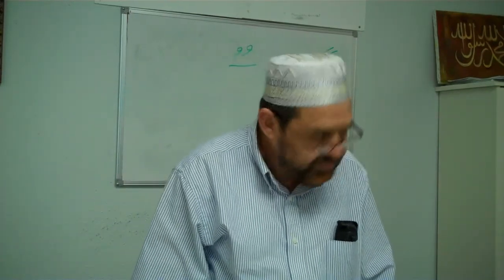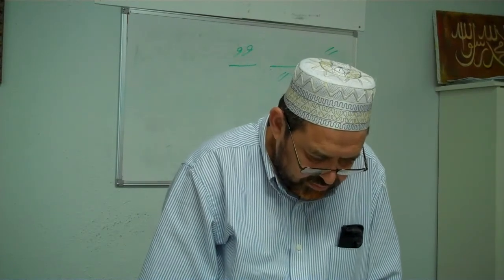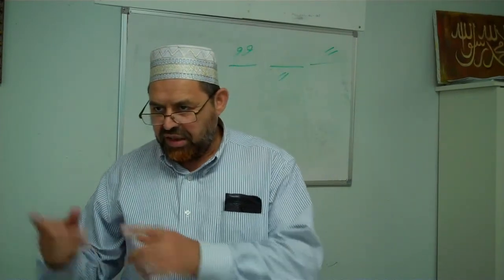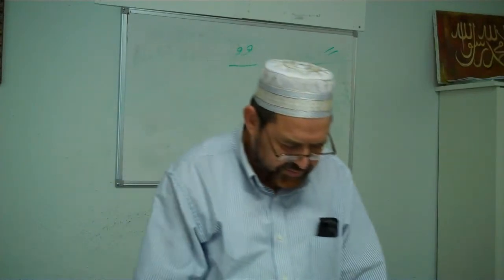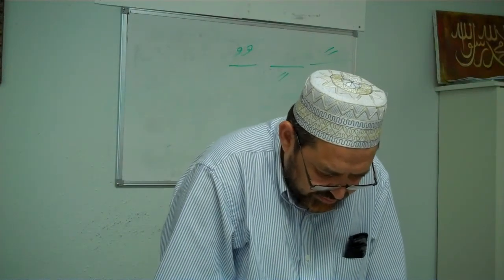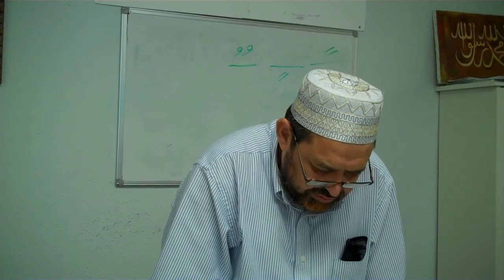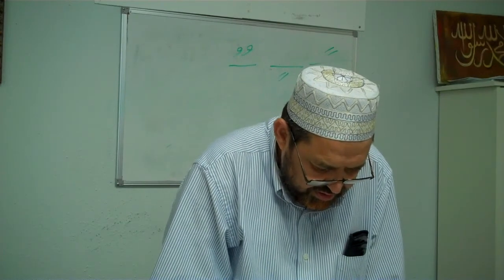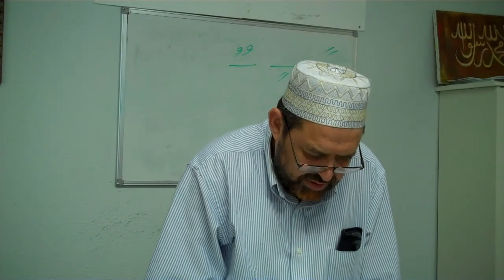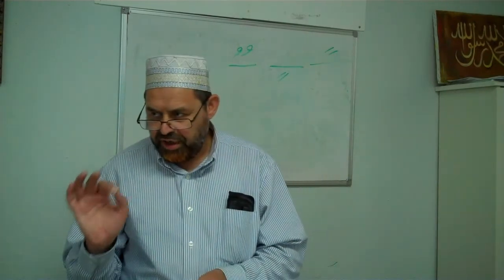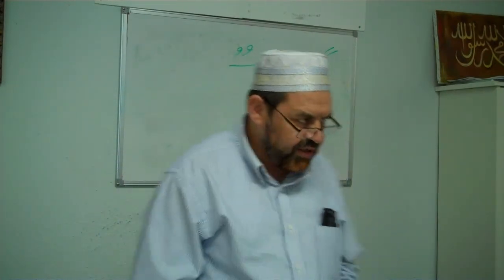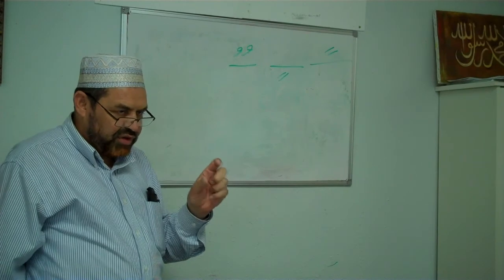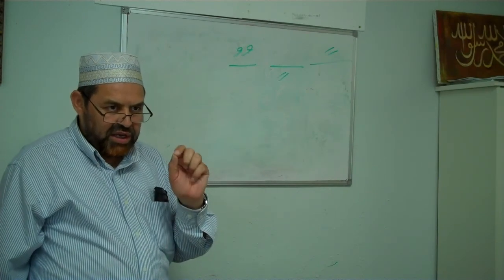The end sound is represented in writing by the doubling of the short vowel symbol. So how do we make tanween? We make the same short vowel double. In formal Arabic, these endings occur on indefinite nouns and adjectives, and they indicate certain grammatical functions of words in a sentence. Okay, very good. It's a very important point to know and remember that this an, in, un sound will be only on indefinite